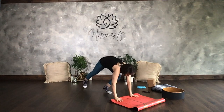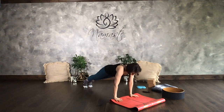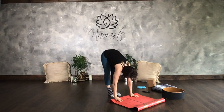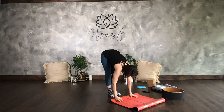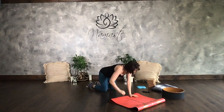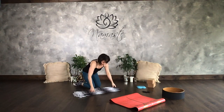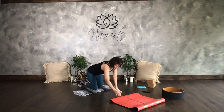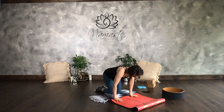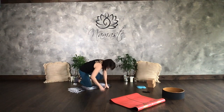All right, so step it back plank. I'll show you on toes and then I'll show you on knees. So we're gonna pull up, up, up. Bring it to the feet. Sink the booty back, bend the knees, slide back. So, if you don't want to do plank on the toes, you can do it with the knees, and you're just going to pull forward and pull back, push back, okay? So work that with your blanket,